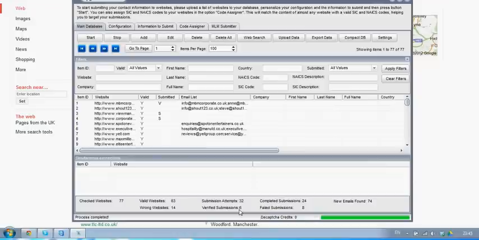a website. It attempted to send 32 contact forms, of which 6 it guessed the captcha code correct, and 8 it failed. It's usually around about 50%. And so completed submissions, which were messages sent out of those 77 initial websites, 24. So our message that we put has just gone to 24 contact forms, which are all going to